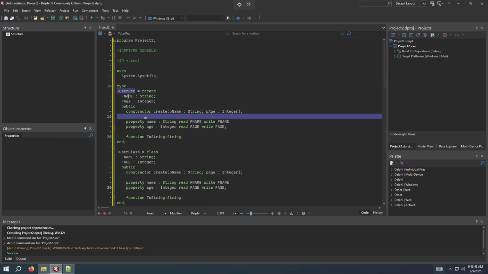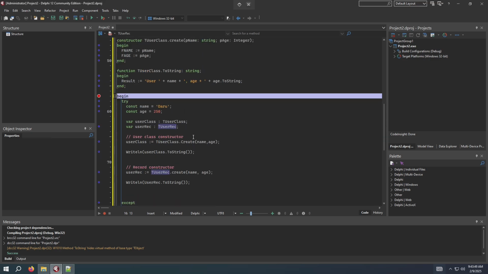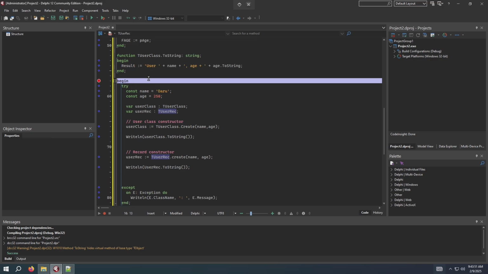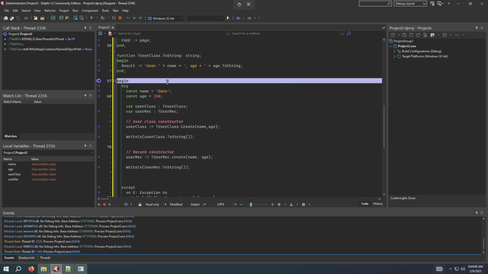But there are differences between classes and records. So let's start getting into those. Here we have our little example. I've created a breakpoint here, at the begin statement, so we can watch our code as it executes. If I hit run, we can see in our debugger tabs, if we look at our local variables, all of these have not been assigned yet. So we start stepping through our